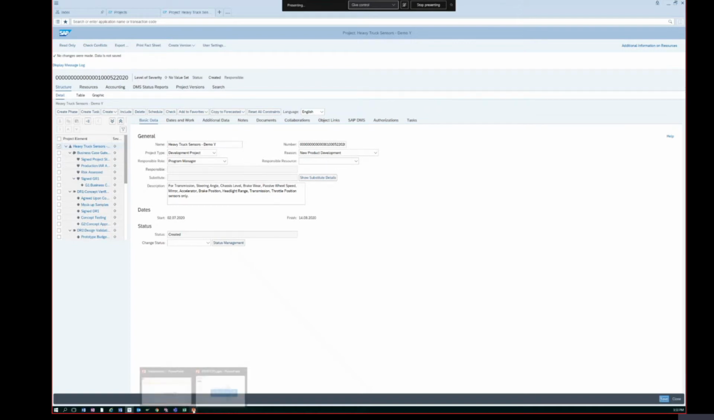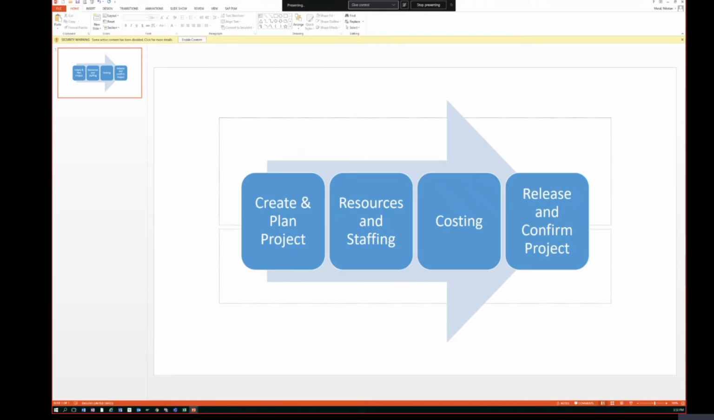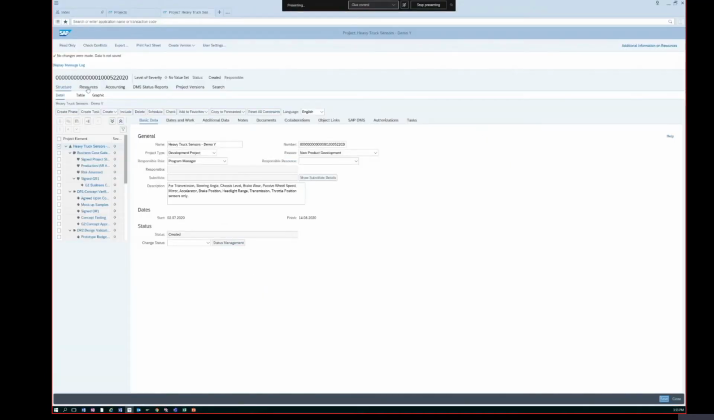So we are done with our second step, which is resourcing the tasks, resourcing the project, and staffing for today's use case. Now moving on to the next step, which is costing. So we have an accounting tab. So in SAP